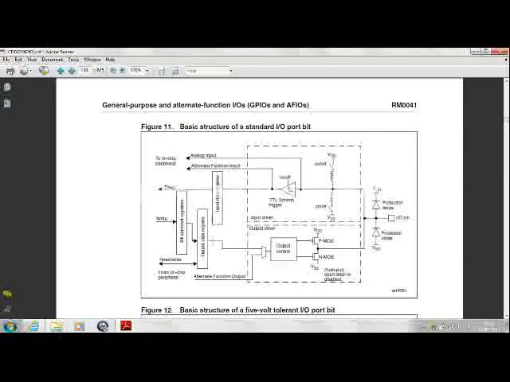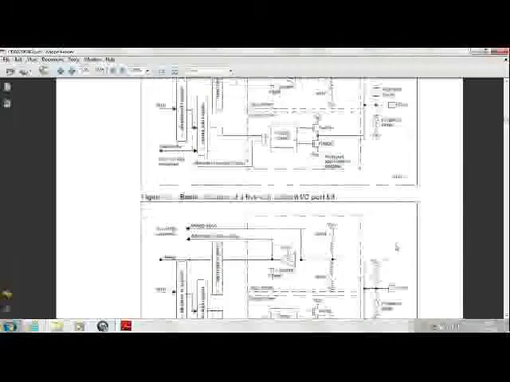However, the output data register itself can be written by atomic operations. We'll come to this a little later when we discuss all these registers, the bit set reset registers. Or as I've told you, you can have a direct read write over here. And if you have an alternate function, it comes from a different line, and you have a mux here, which selects either the digital output or an alternate function output. And finally, the push-pull is enabled or disabled, and the output is given to the output pin.